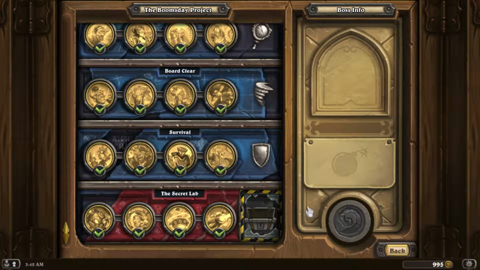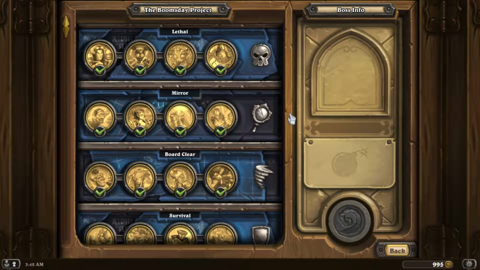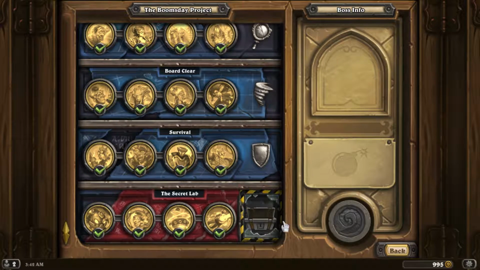I'd like to take a moment to just share my general thoughts of the puzzles in general. For the most part, I found lethal puzzles were the most difficult on average, but it's not really difficult to get up to the 4th tier on any of the puzzles. As you can see, I have now done everything and earned the card back, which is a pretty pathetic reward